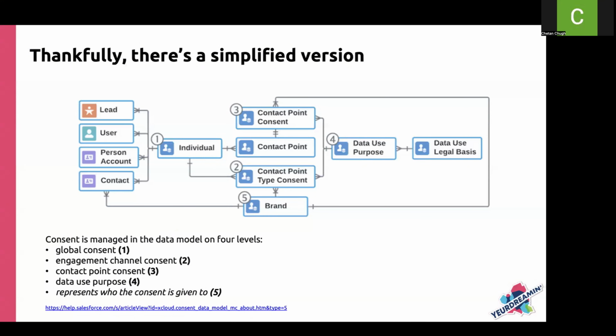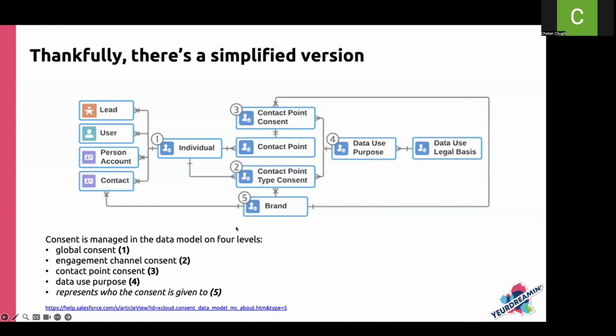However, there are quite a lot of scenarios in which you would want to go one step further. You don't just want to collect that the customer is giving consent for a specific purpose to be contacted by email or SMS. The customer wants to specify which email address or which phone number they would like to receive a call or an SMS on. That's where these Contact Point Address, Contact Point Email and Contact Point Phone objects come into the picture. So you would maintain the consent on the Contact Point Consent object, and then tie which specific email address or phone number further along with that.